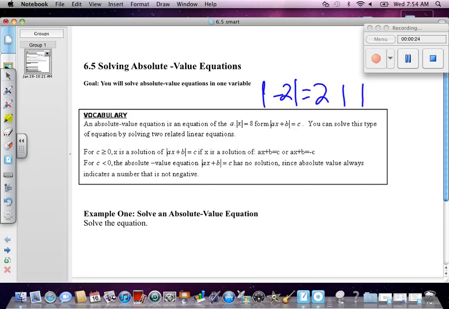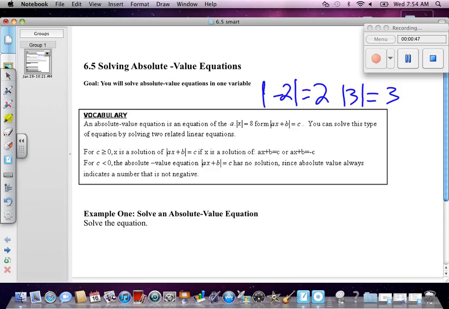What is the absolute value of 3? 3. Absolute value does not mean opposite. It means whatever you put between those two lines has to come out positive. Not opposite, positive. So an absolute value equation is the equation of the absolute value of x equals 8, or